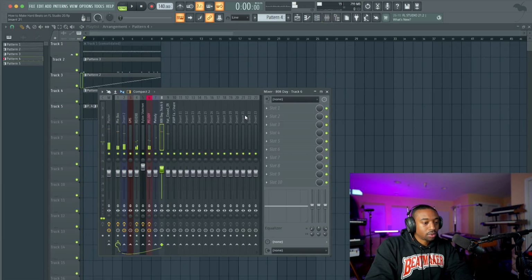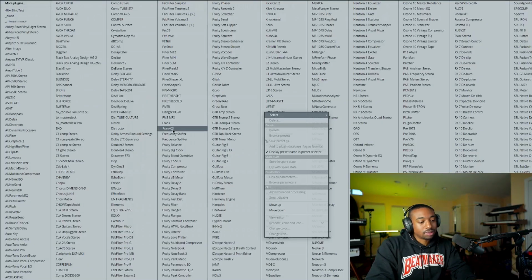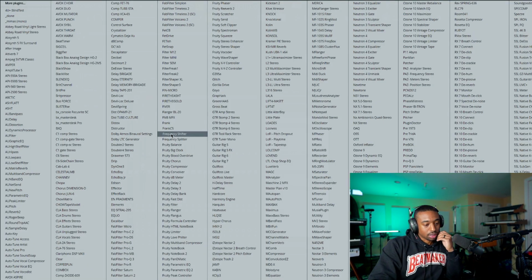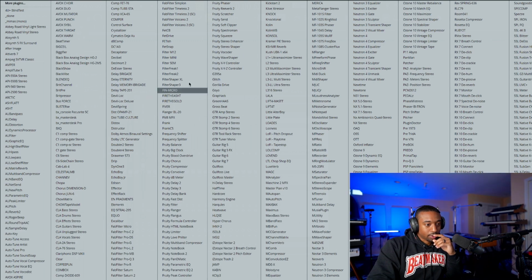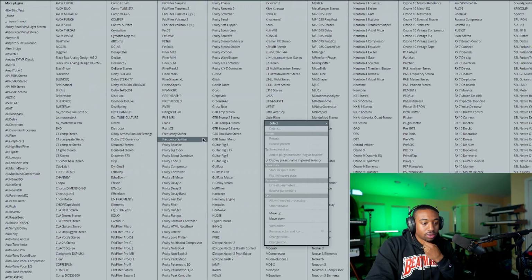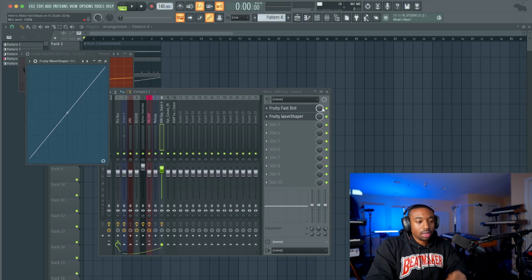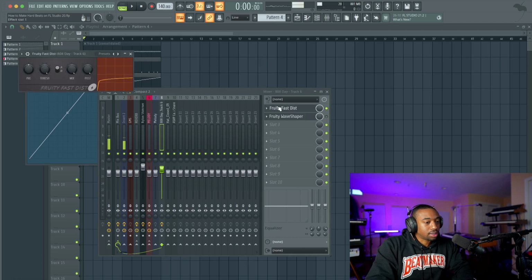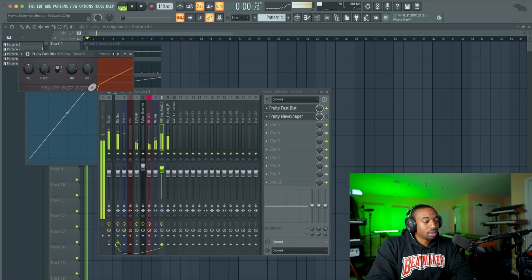So some people add different plugins to the 808. Really, 808 comes down to soft clipping more than anything. But let's add the Fruity Fast Distort plugin. Some people use this, some people don't. I'll show you a couple distortion plugins. They use Fruity Fast Distort. The other one is the Fruity Wave Shaper. Okay, so let's use one of these here. So this one adds more of a crunch, more like a TikTok 808.